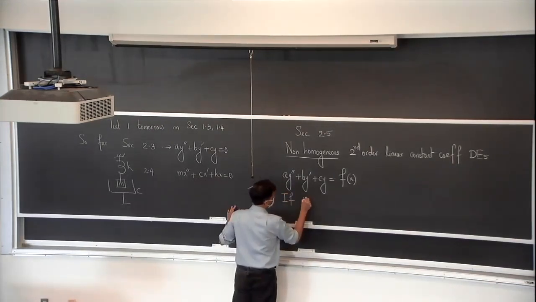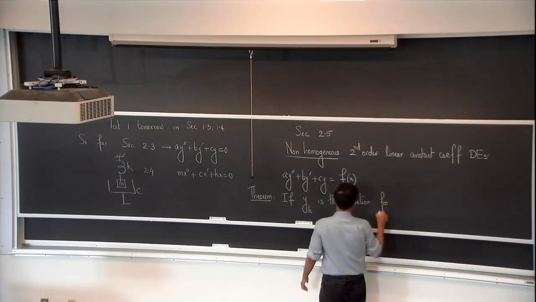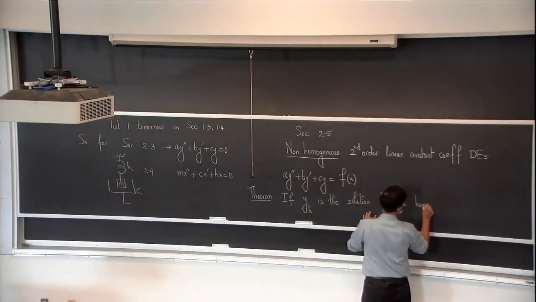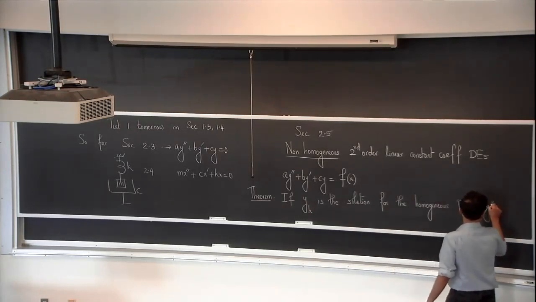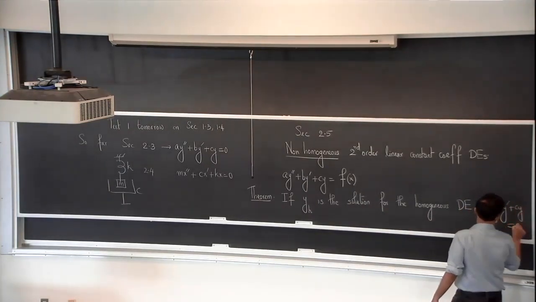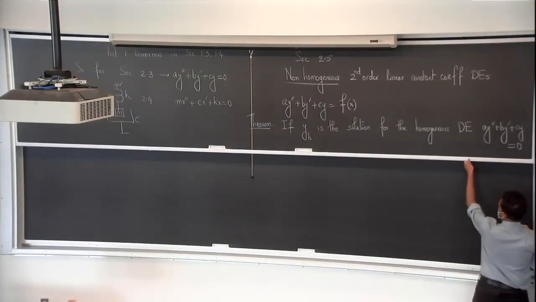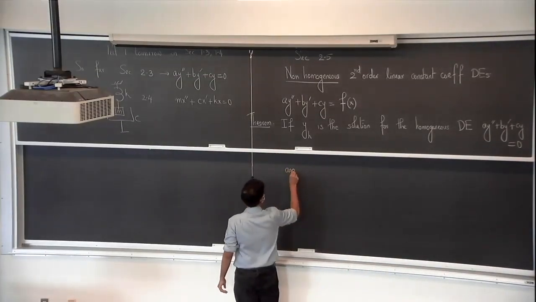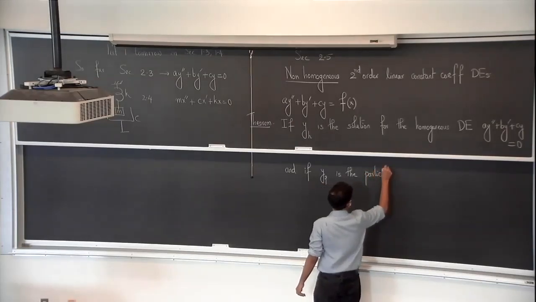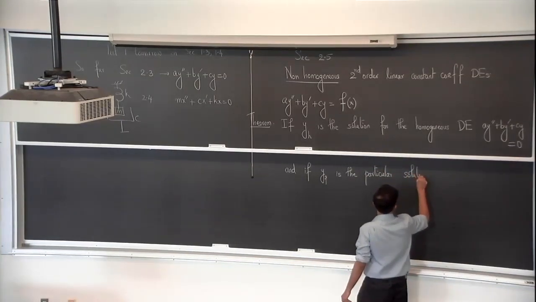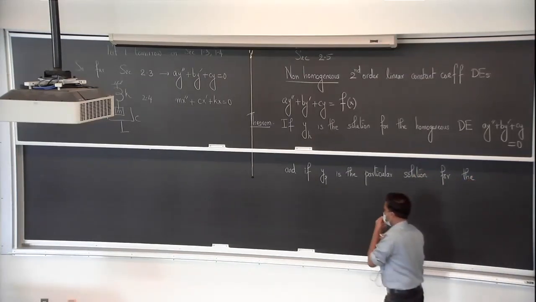If y subscript h is the solution for the homogeneous differential equation a y double prime plus b y prime plus cy equal to 0, that's what we were doing the last couple of days, so if you know this, and if y subscript p is the particular solution for the non-homogeneous part f of x, that's a new thing here,